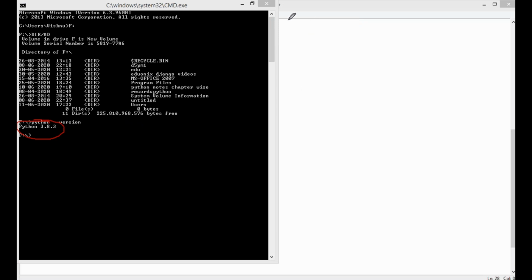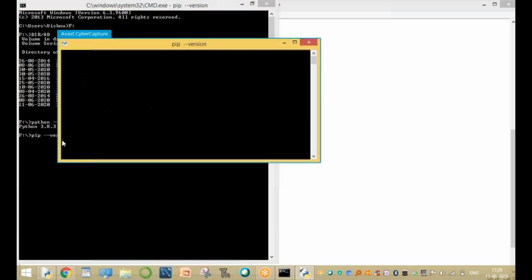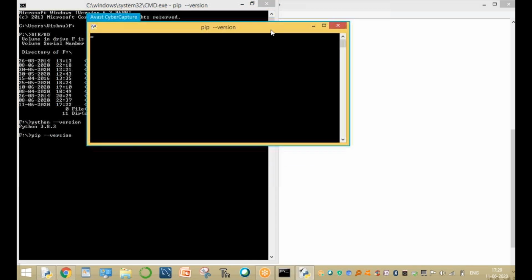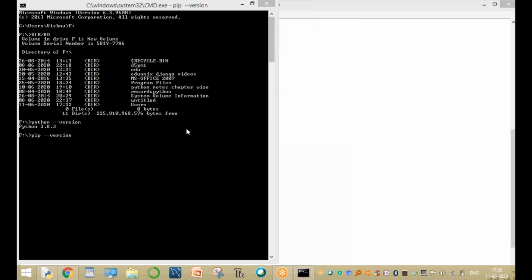Okay, guys. After installing, is pip available or not? That's another question. Type pip hyphen version. If this is available, no problem. Now verify the pip command, the pip version also. Please wait for a minute or two to check the pip version. It will take some time. The pip hyphen version is displayed.